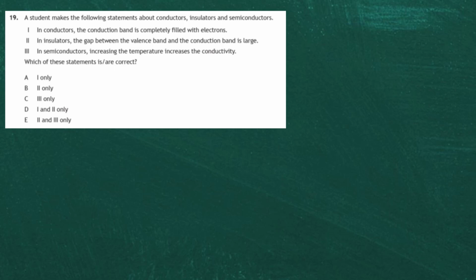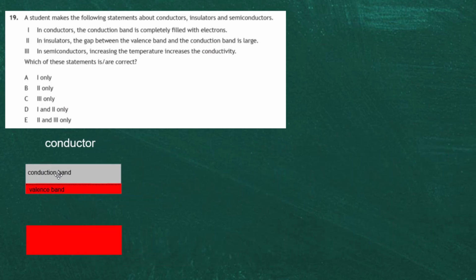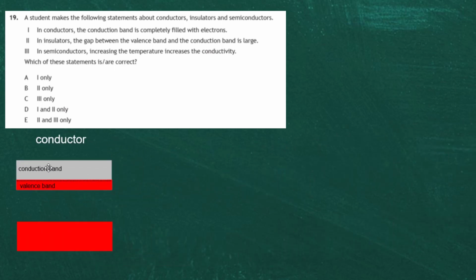Now, band theory. We have to think first of all of what a conductor looks like. And there's the band theory diagram for a conductor. You can see that the area shown in the red down here is a filled up shell of electrons, and up here is the valence band. But the valence band has got space so that electrons can be promoted from the valence band into the conduction band. And that's what makes a conductor such a very good conductor, because the valence band is almost with the